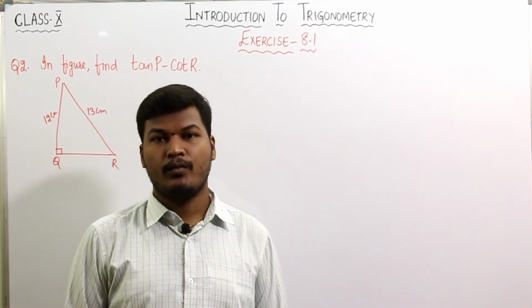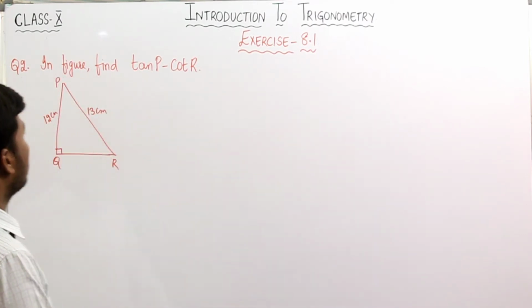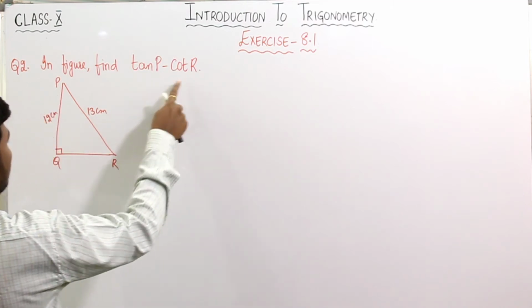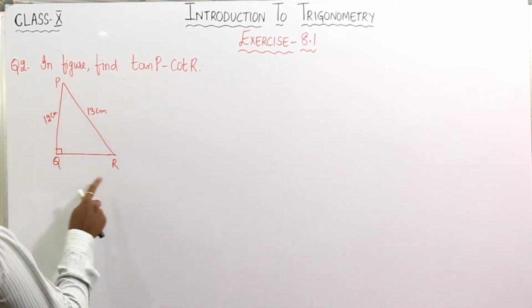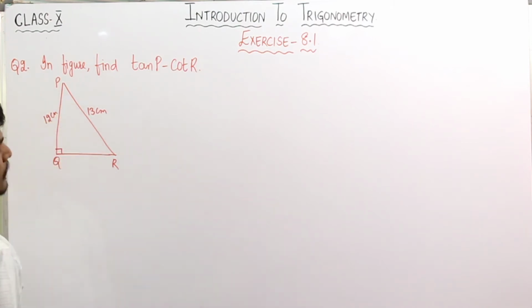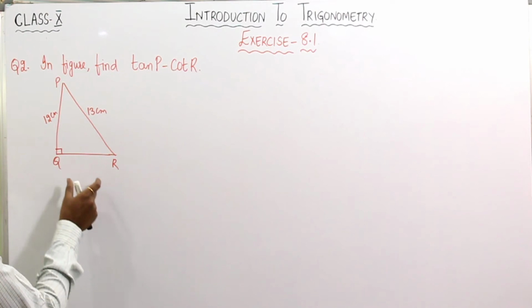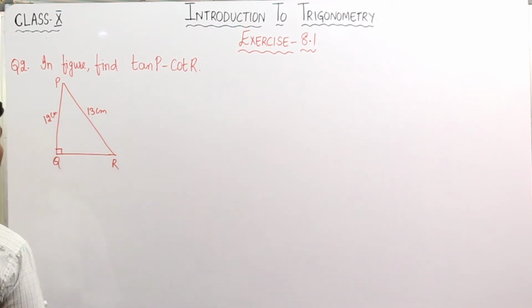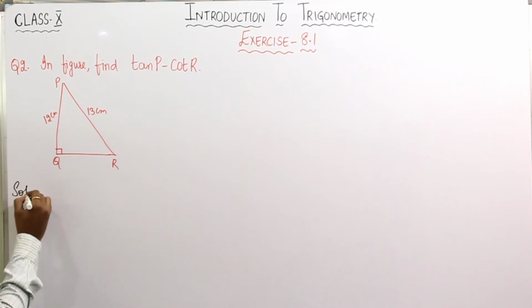Now the second problem of this exercise: in the figure, find tan P minus cot R. So the figure given is PQR. PQ is given as 12 centimeters and PR is given as 13 centimeters. So what we have to find first, by using Pythagoras theorem, is the side QR. So solution,